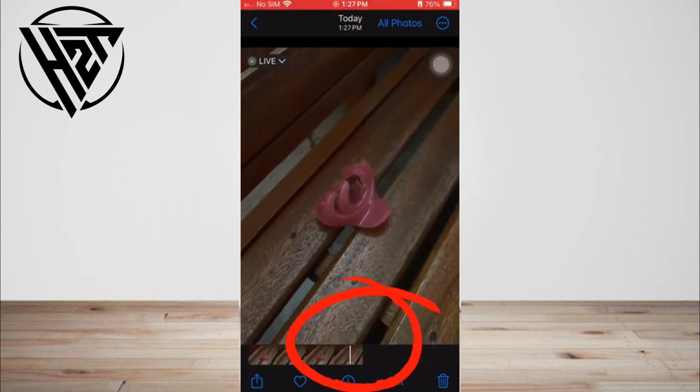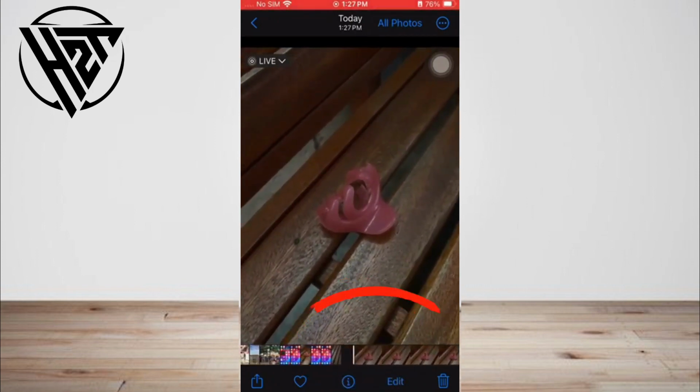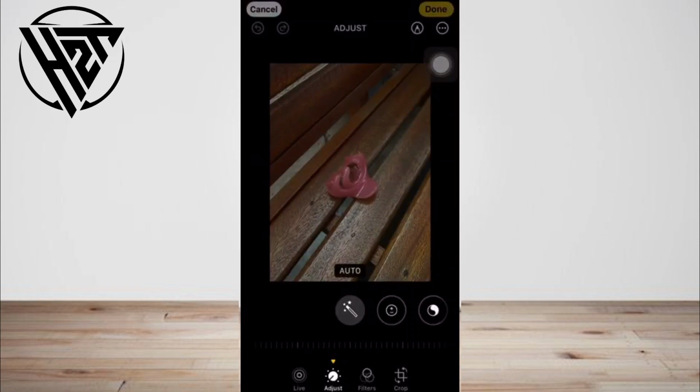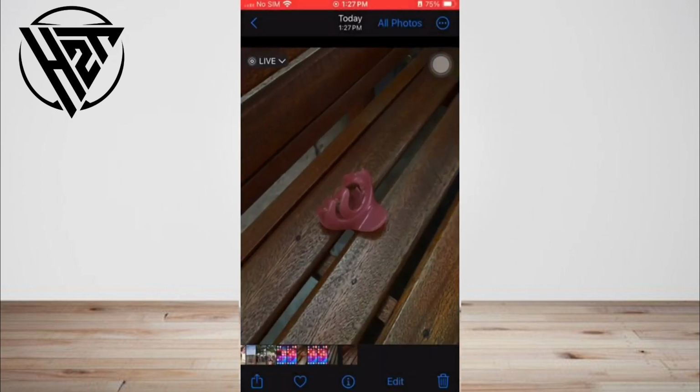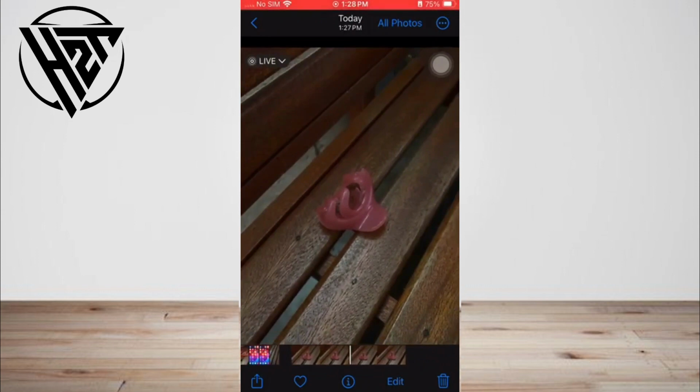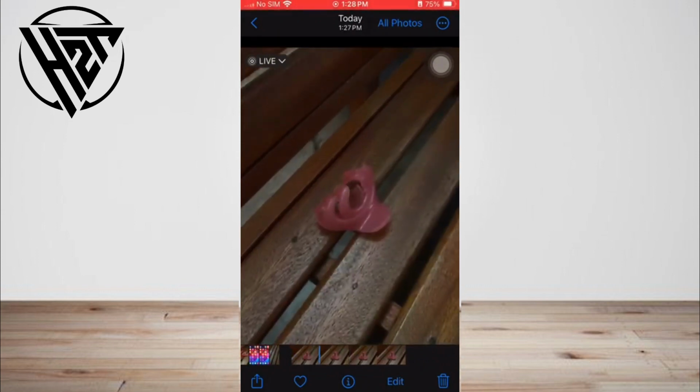A live photo captures 3 seconds of movements and sounds. Therefore, ensure you compose your shot and hold it there for a couple of seconds before you press the shutter. If you don't do this, the first part of your live photo will be of you moving the camera to